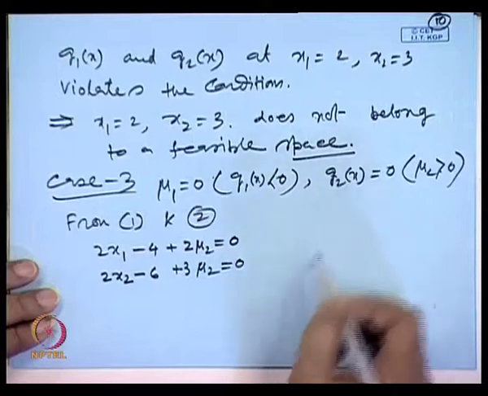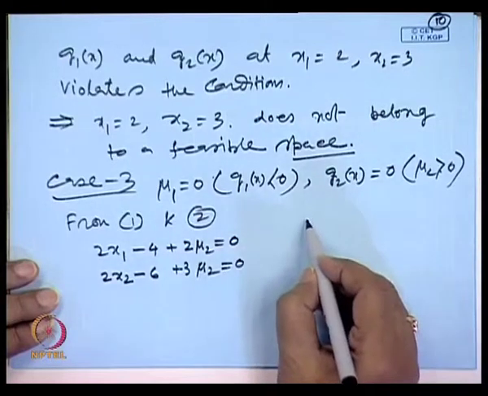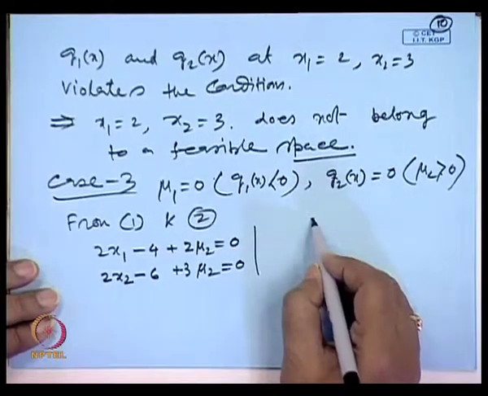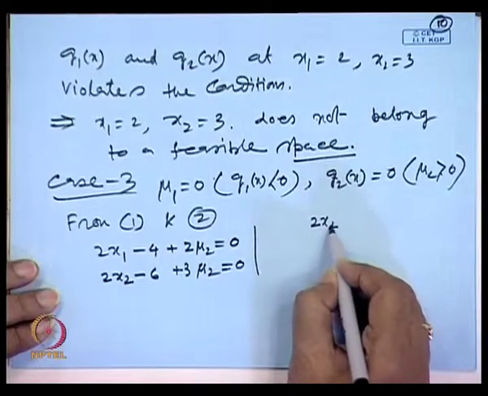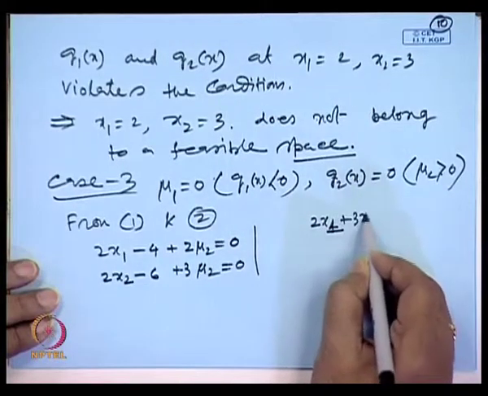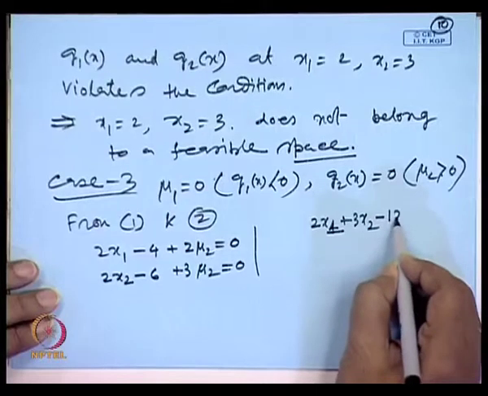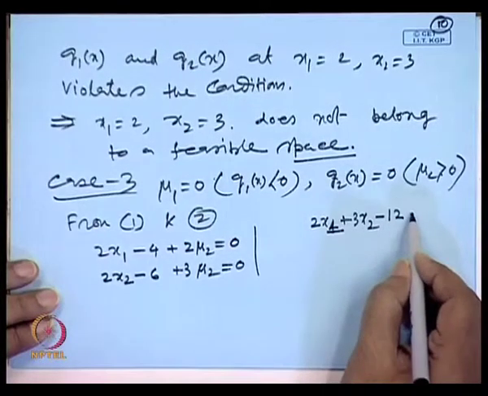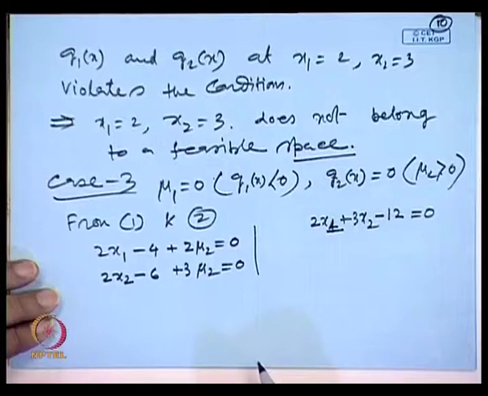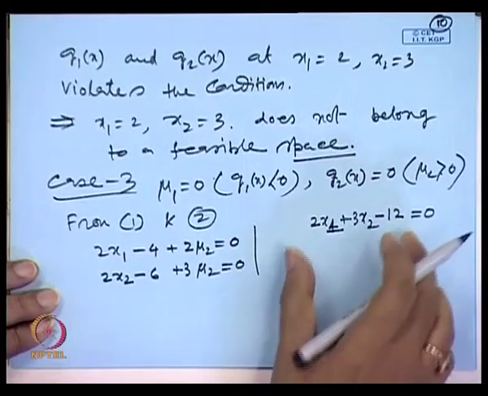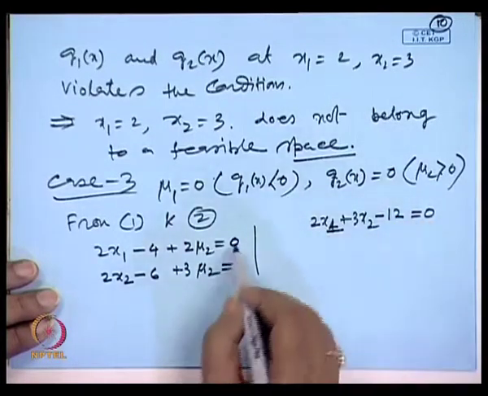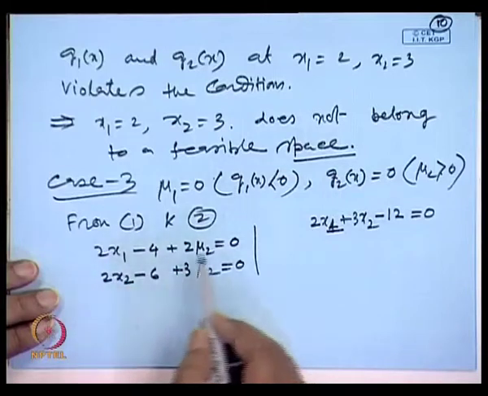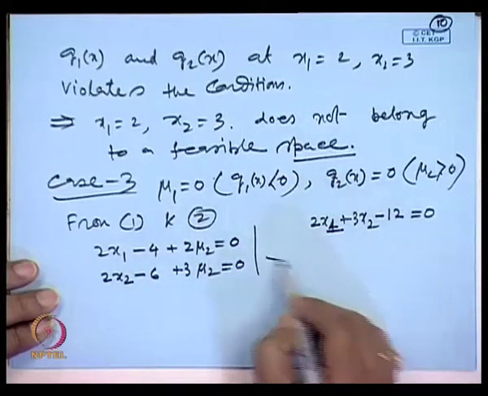And we have G 2 is 0. G 2 is what? G 2 is 2 x 1 plus 3 x 2 minus 12, agree, G 2 is 0, this is the active constraint. So, solving, we have 3 unknowns and 3 equations. Solving this,